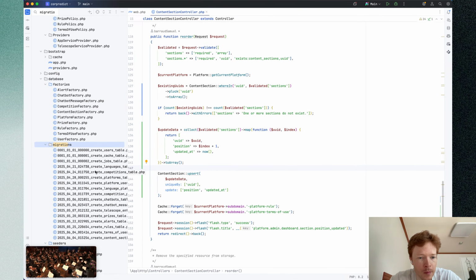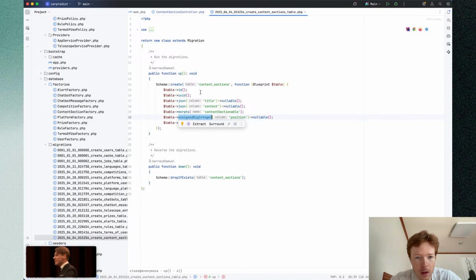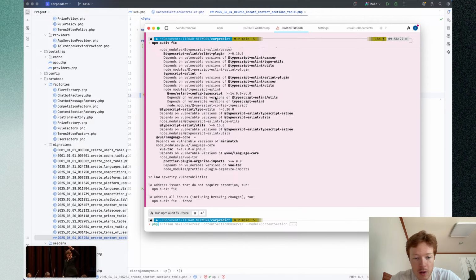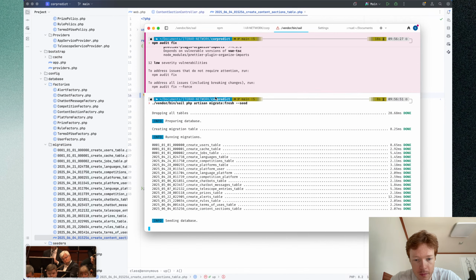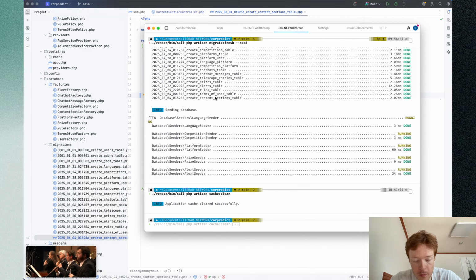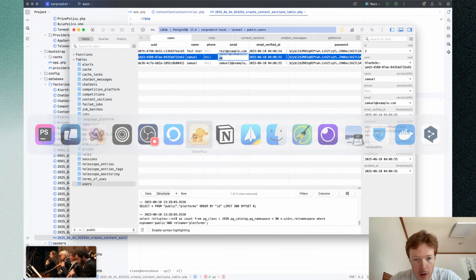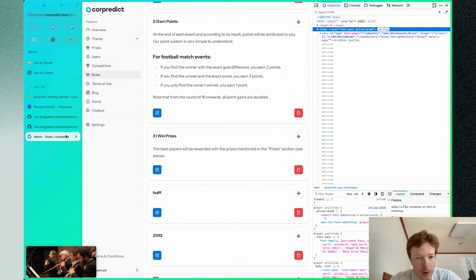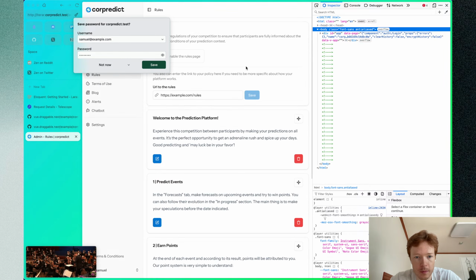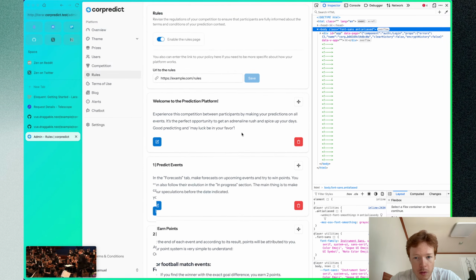Migration, section content. Maybe I didn't set this to be unique. Let's see if it works. Like php artisan, I'm going to have to migrate everything. We're going to have to relog ourselves to the backend. And now if I change the order,